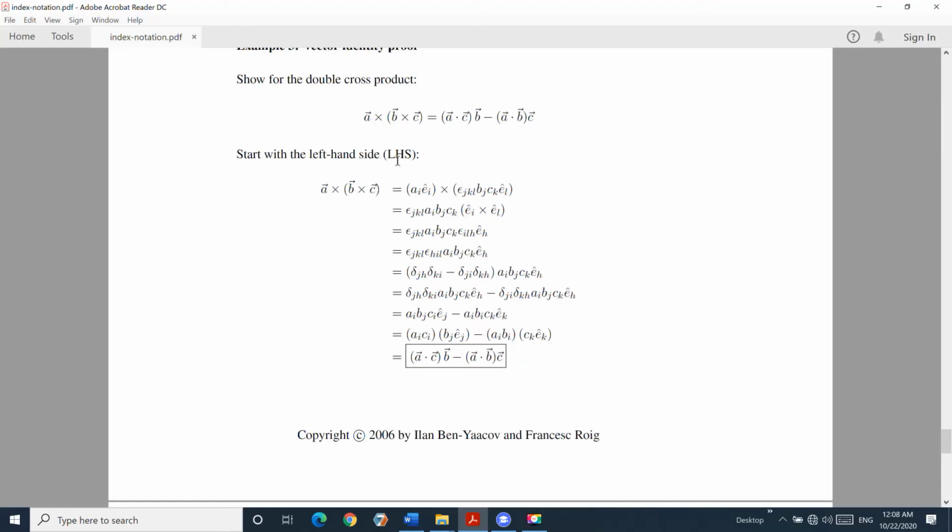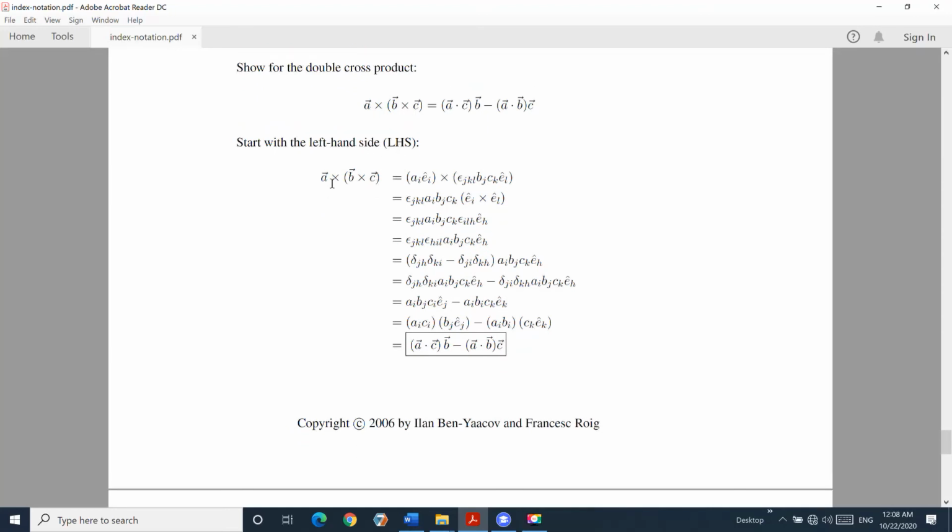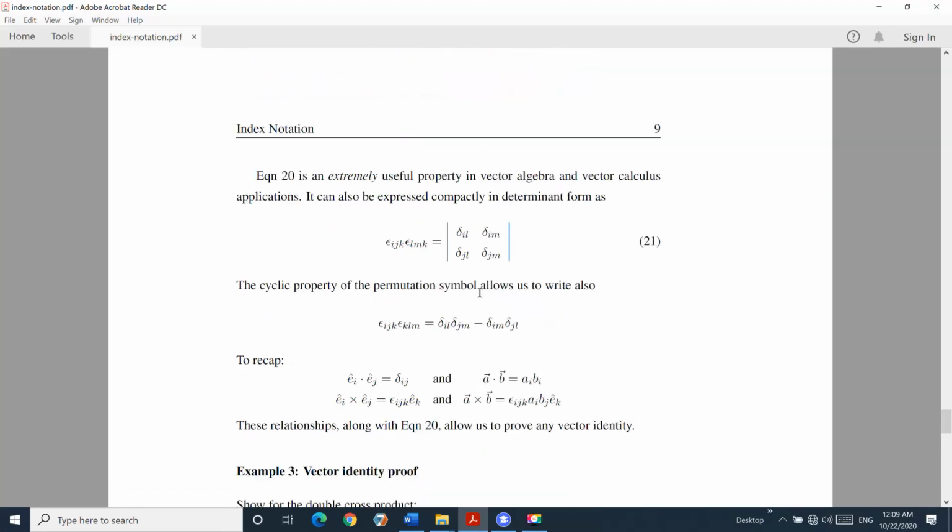Let's start with the left hand side. So we write the vector A here, a_i and e_i, cross product, and we write the cross product of vector B and C. The cross product of vectors B and C should be that form because